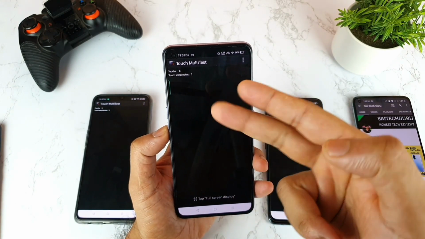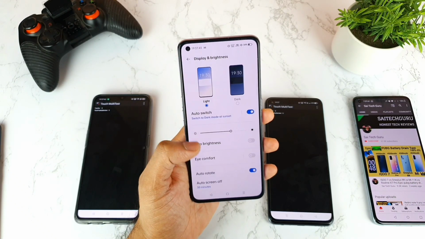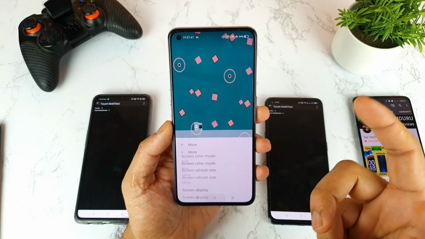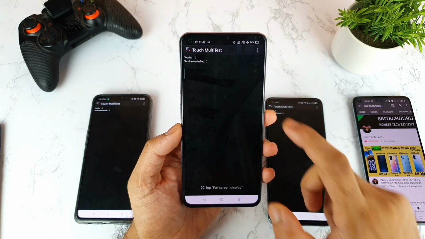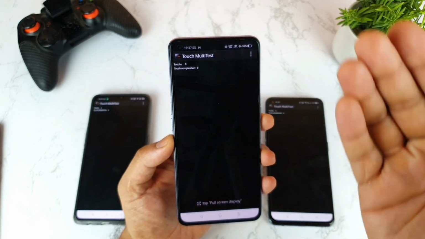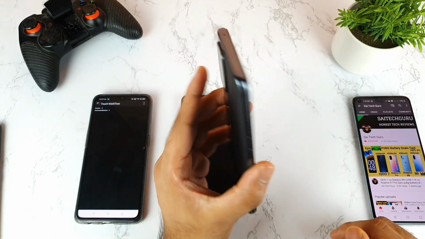So I did try to use the game space, and I did try to use the 120 Hz refresh rate as well. Let me try to show you exactly. I'm trying to use the refresh rate, as you can clearly see, friends. So overall I think the phone has got only 120 Hz, because 240 minus the refresh rate is 120 Hz. So that's really sad. And let's see what will happen in the Realme X1 Max device.